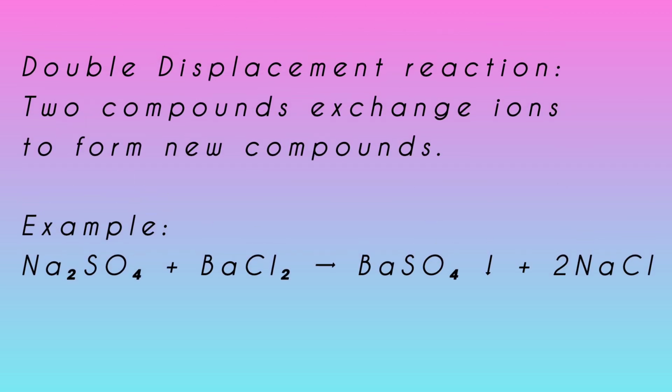Fourth, double displacement reaction. This is when two compounds exchange ions and form two new compounds. Often, a precipitate, a solid, is formed in the reaction. For example,